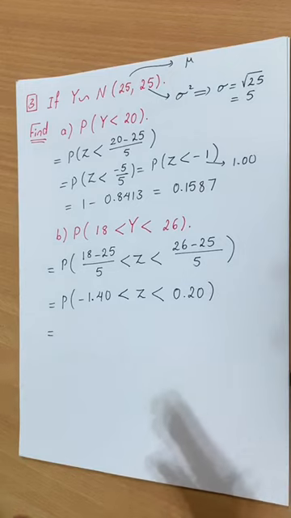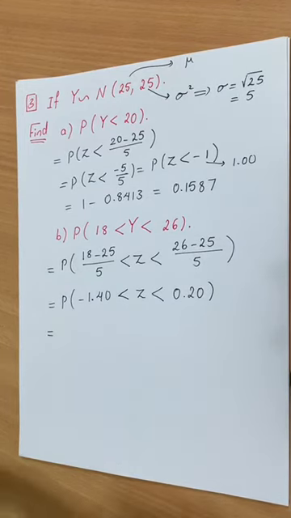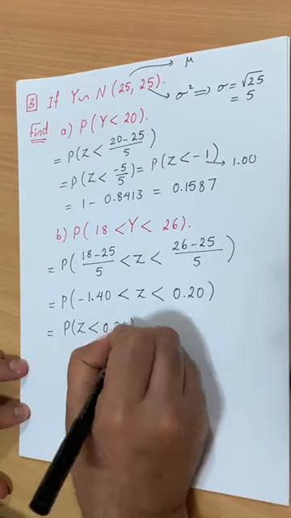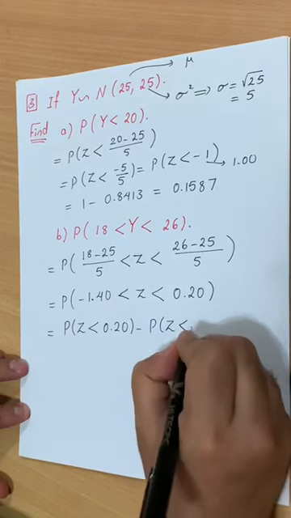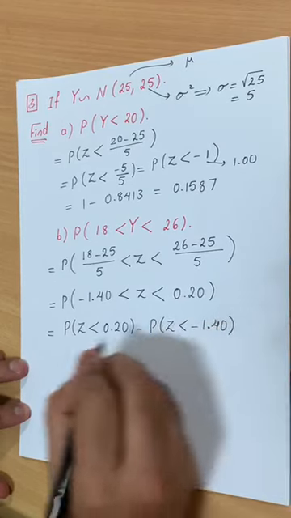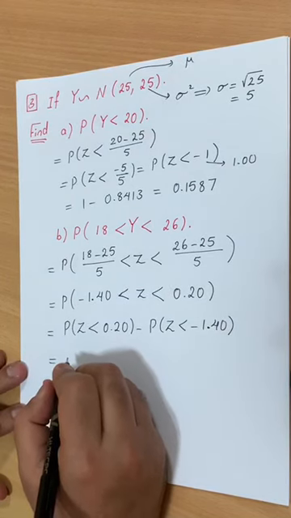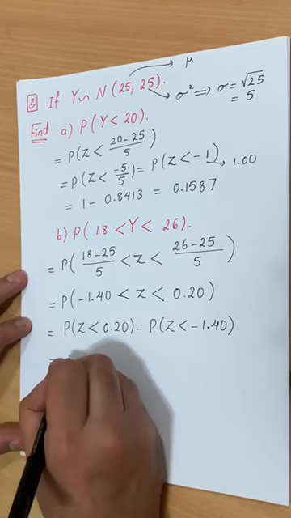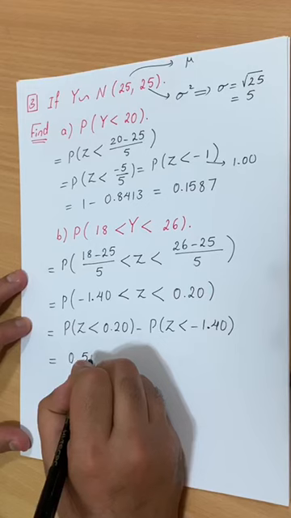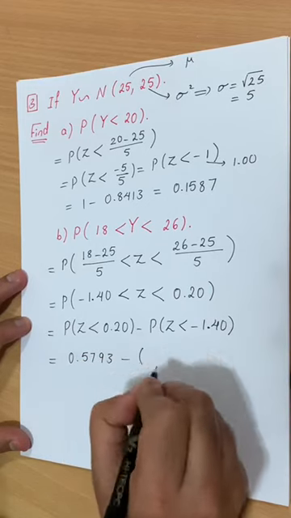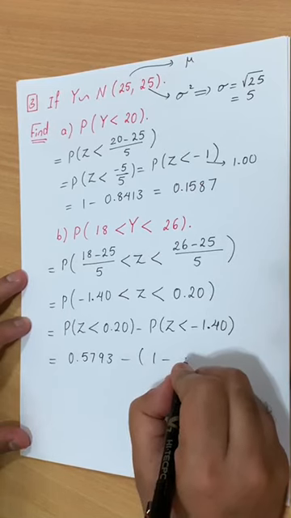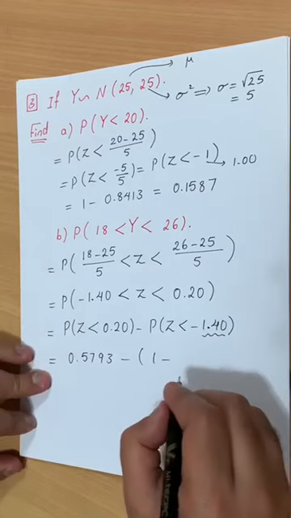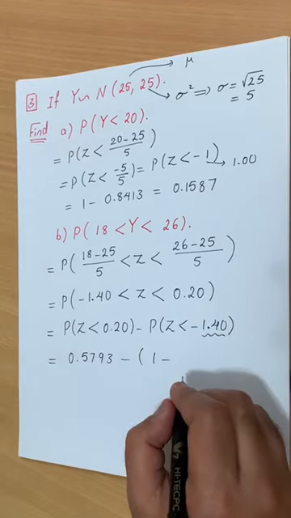Finding probability or the area between two values, you're supposed to do the highest minus the lowest. Its probability of z less than 0.20 minus z less than negative 1.40. Less than positive is direct from the table, 0.20, which is the first column, 0.5793. And less than negative is 1 minus table value, 1 minus table value of 1.40, the 1.4 line, and the first column of that,